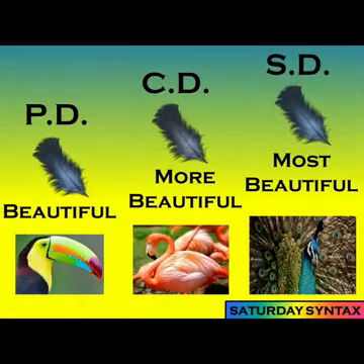Now here we can see different birds. All the birds of course are very beautiful, but the first image, that is about Kill Bill Toucan. It is a very beautiful bird. Now the second one, that picture is about flamingo. So we can say flamingo is more beautiful than Kill Bill Toucan. And the third image, that is the national bird of India, the peacock, which is the most beautiful bird of the world. So in positive it is beautiful, in comparative it becomes more beautiful, and in superlative it becomes most beautiful.